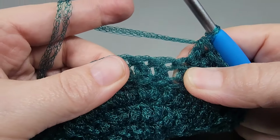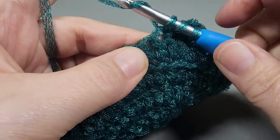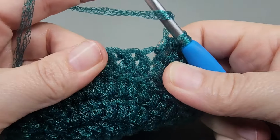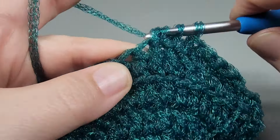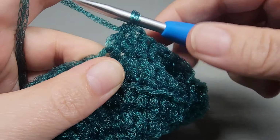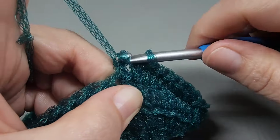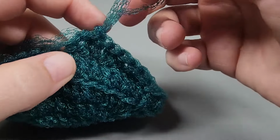All right, I'm going to show you that one more time. Yarn over, go into the next double, pull up a loop. We got 3 loops, yarn over, pull through 2, yarn over, go into that next double, pull up a loop, yarn over, pull through 2. We got 3 loops, yarn over, pull through all 3, double crochet into the next double. I missed a strand. Just like that. Okay, so decrease, double,